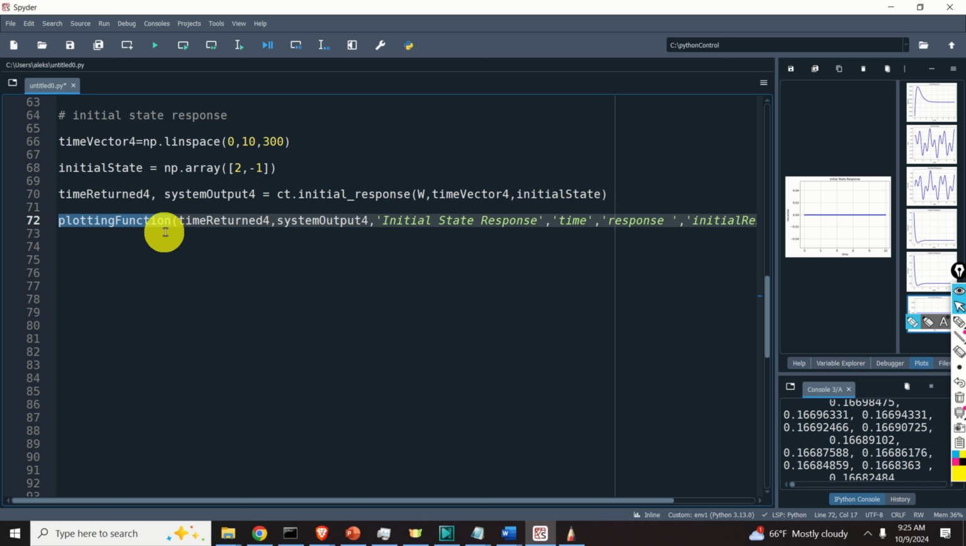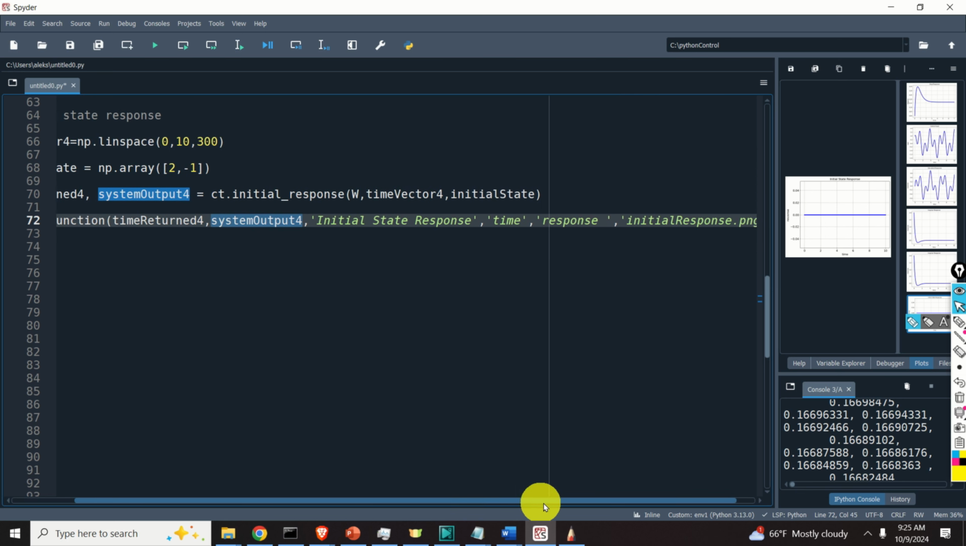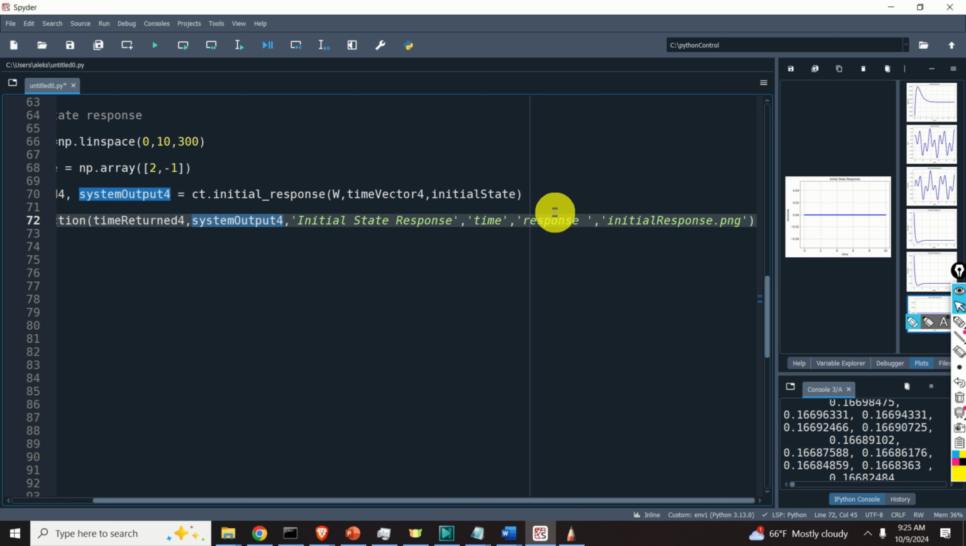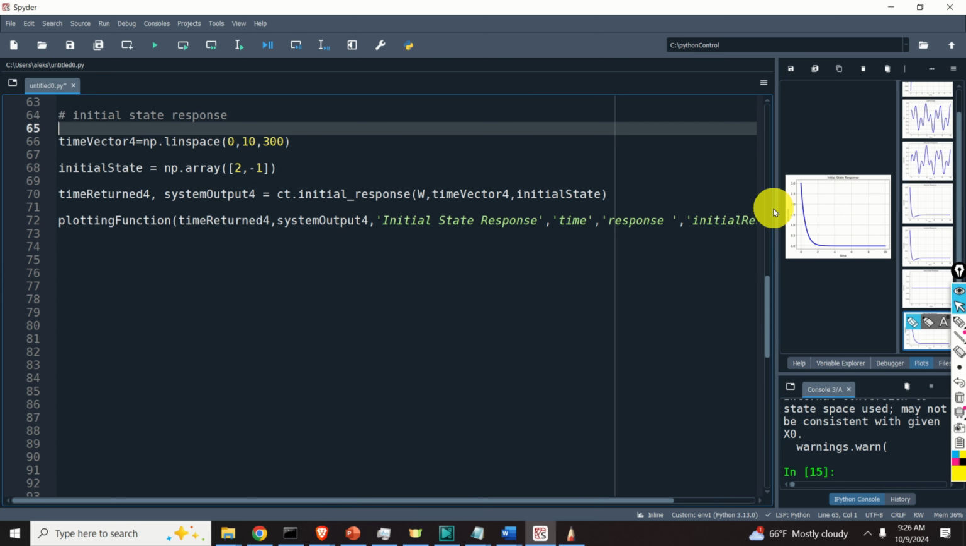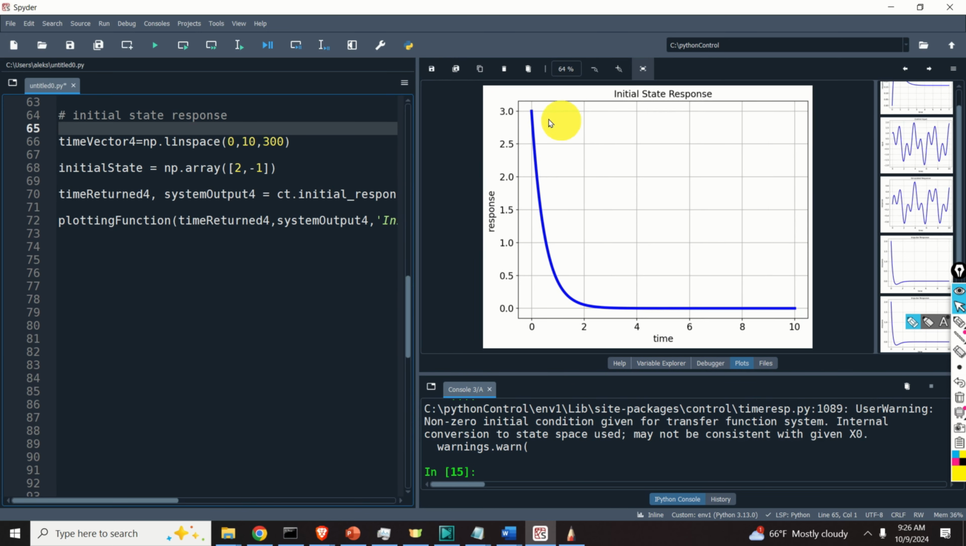And finally, we call the plotting function. We specify time, response, we set the title, x and y axis labels, and the name of the file that will store our plot. So let's evaluate this and let's see the response. Select this, press F9, and over here you will see the initial state